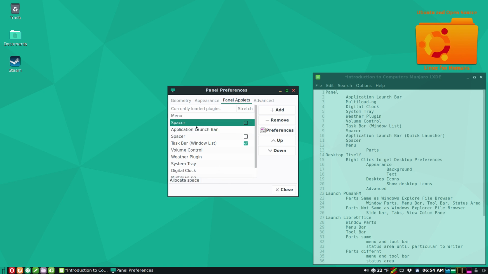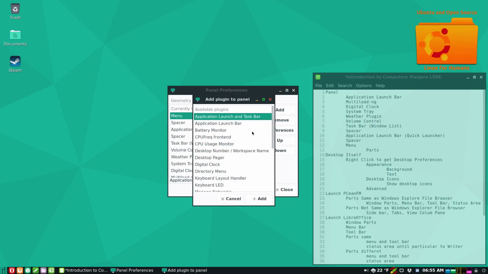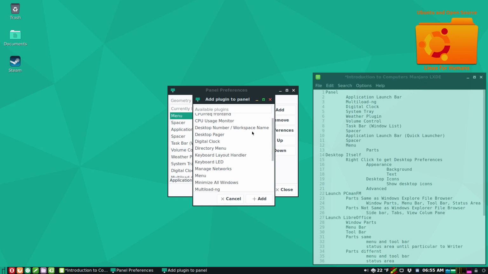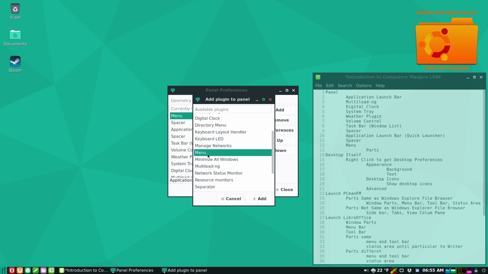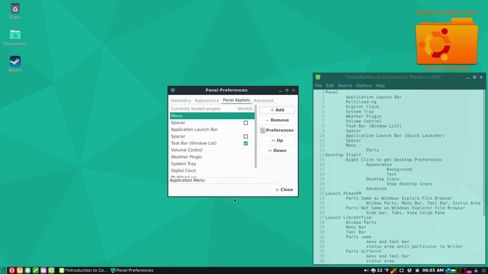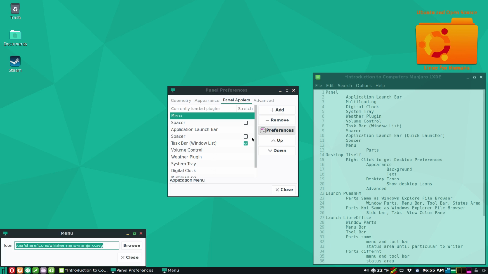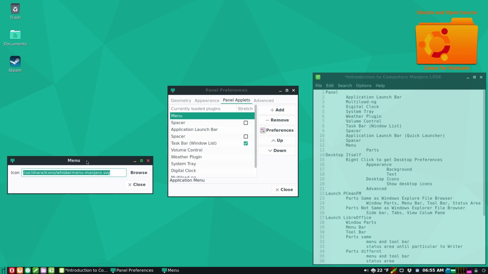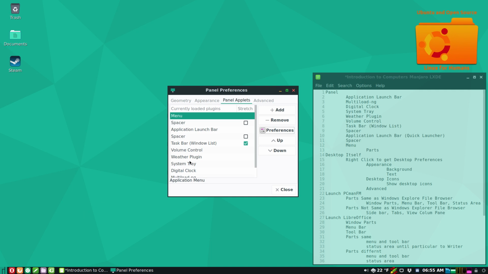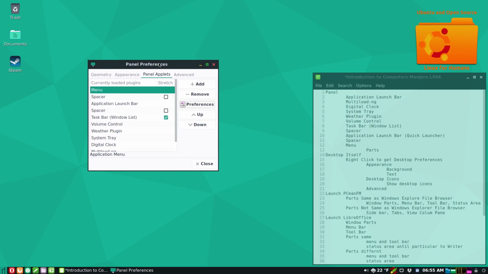Then we come to a spacer again in between Opera and the main menu. Now if we go to add, there's only one menu launcher for LXDE, my Manjaro LXDE. So we hit preferences. We can change the icon if we like, but I'm not going to. But what I want to show you is